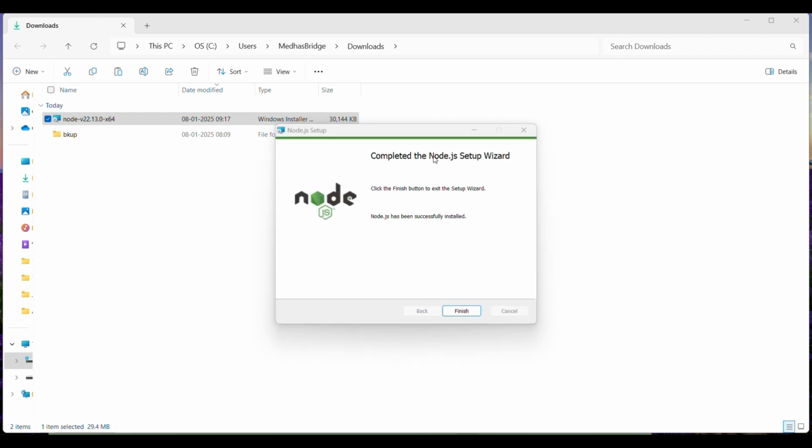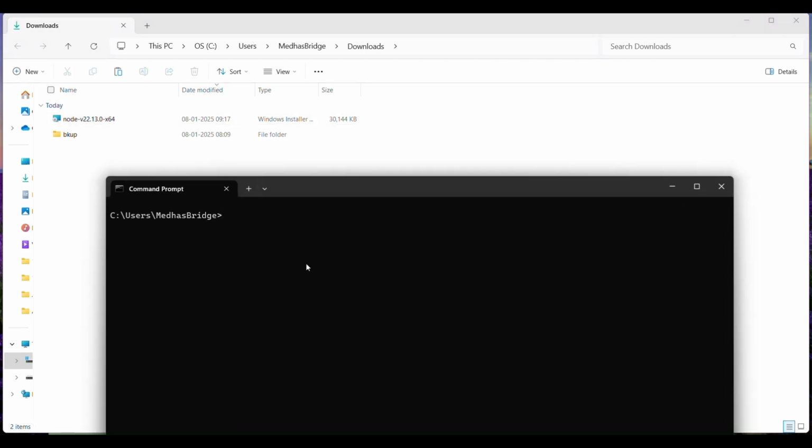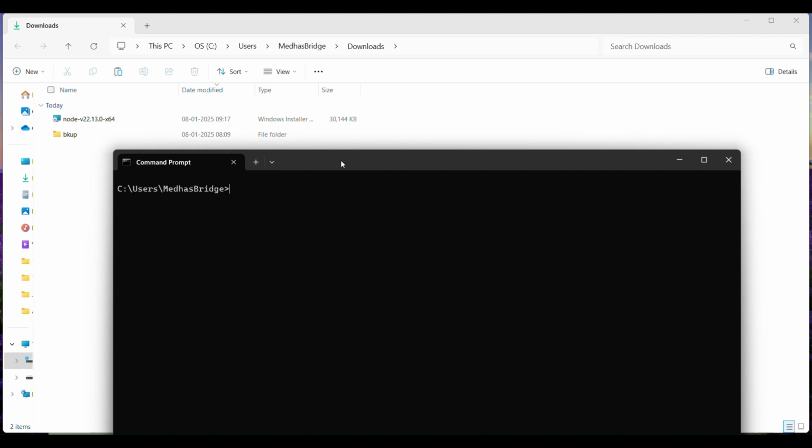Great. So the installation is successful, and I can see on my screen that Node.js has been successfully installed. So click on finish. Then how do you test whether the installation is really successful? What you do is open the command prompt, where you can type